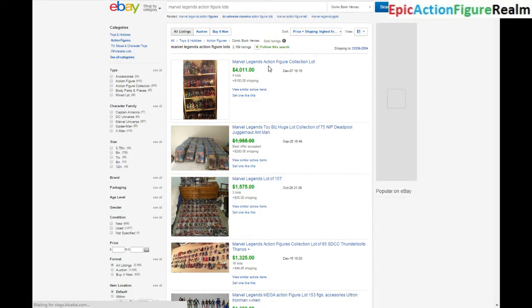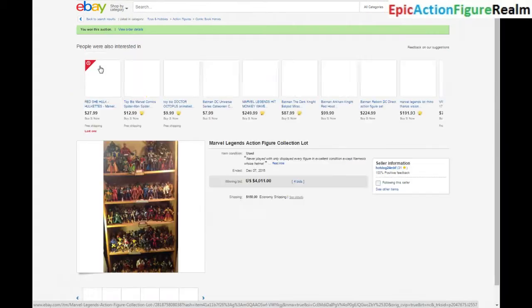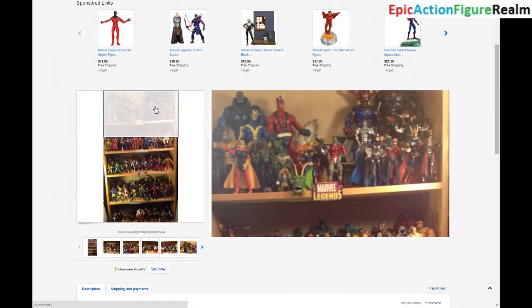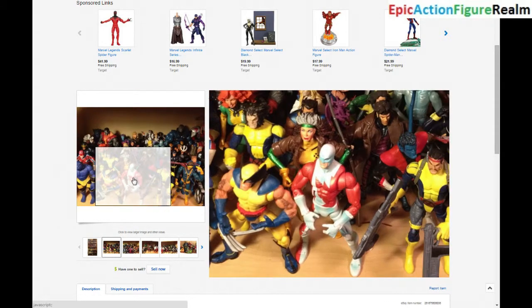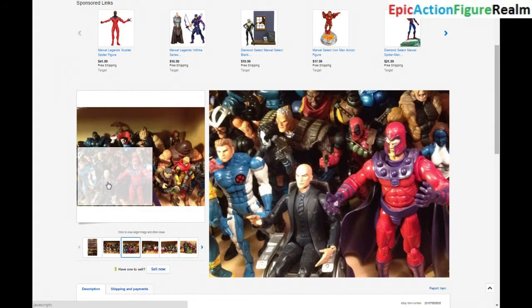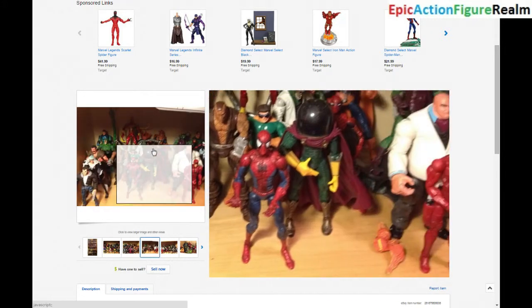Now this Marvel Legends action figure collection lot sold for an exorbitant amount of money, and this lot likely consists of roughly 200 action figures. Of course, the exact amount of action figures it comprises is an enigma. Only the buyer will know that, but this lot has merit. I know it's unaffordable at over $4,000, but